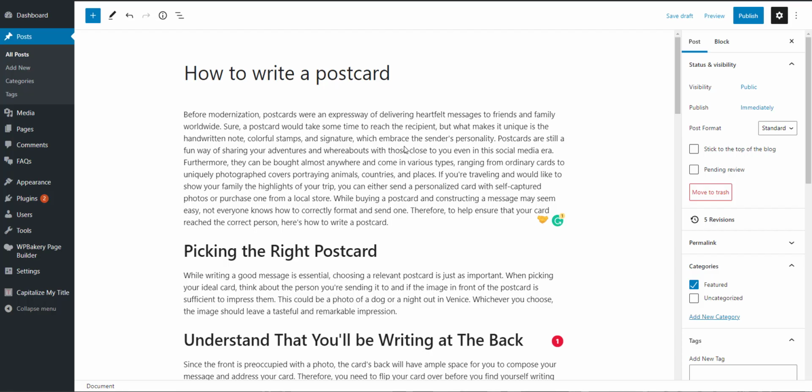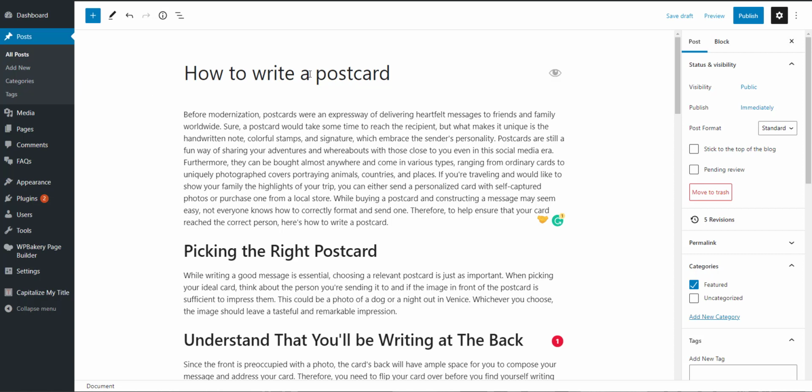Today I'm going to show you how to use the Capitalize My Title WordPress plugin in the Gutenberg text editor. The Gutenberg text editor is a great way for beginner bloggers and advanced bloggers to quickly create great looking articles and blog content. So we wanted to make sure that our Capitalize My Title WordPress plugin worked with the Gutenberg text editor as well. So here you can see I have an existing article on one of my test sites